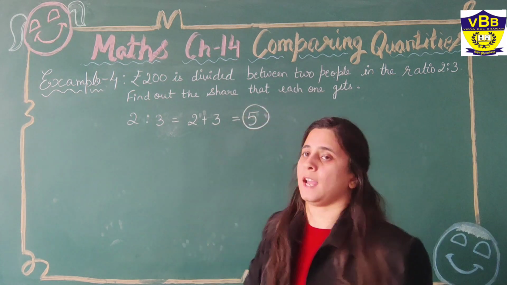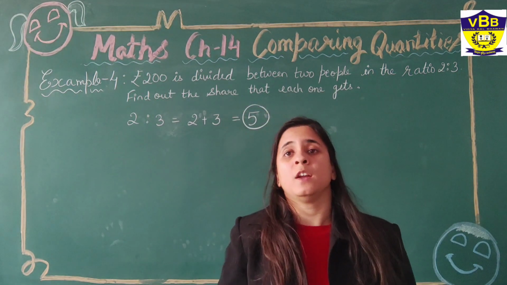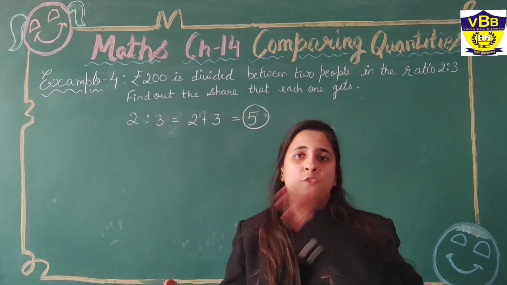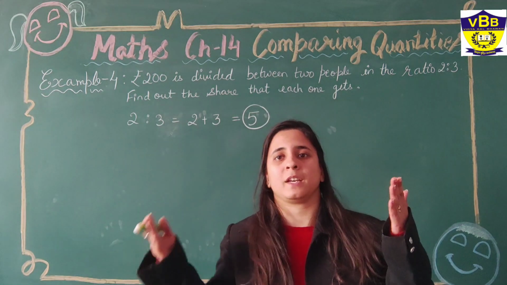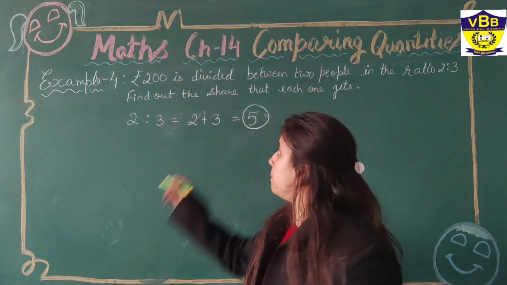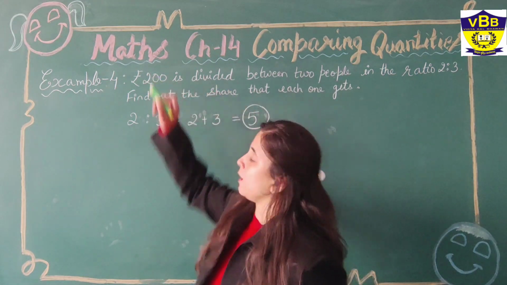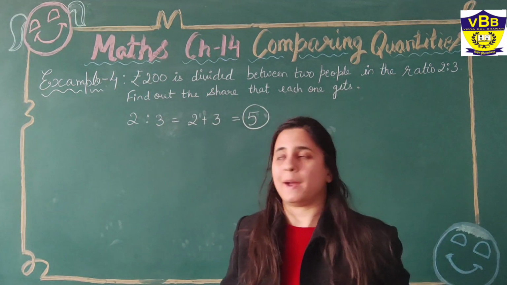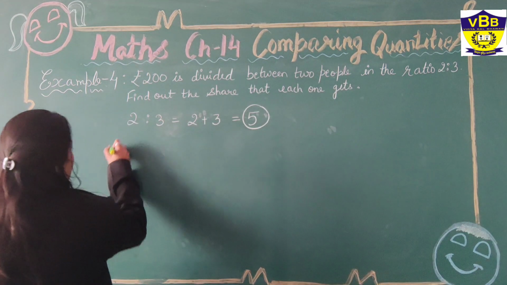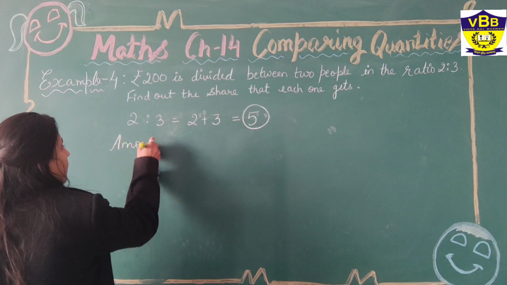Rupees 200 has been divided into a total of 5 parts. Out of 5, 2 parts are given to one person, and 3 parts are given to the other person. So we can find the amount of one part. Amount for one part will be, if we know